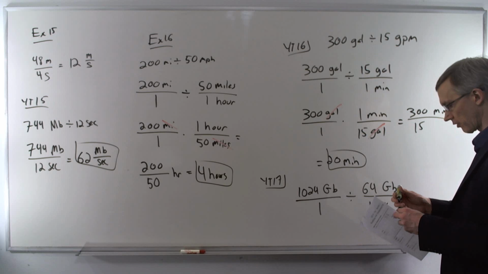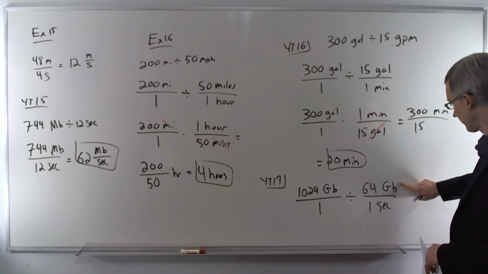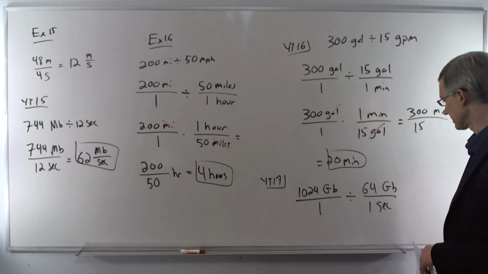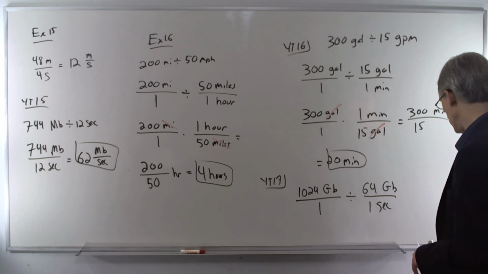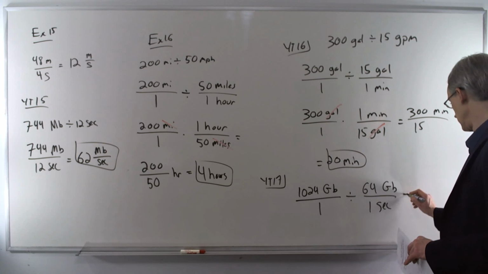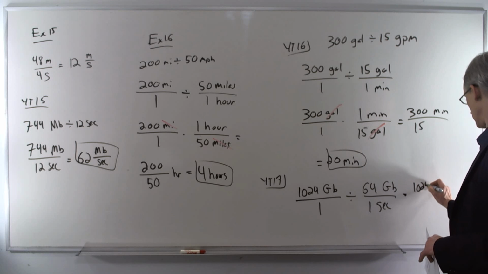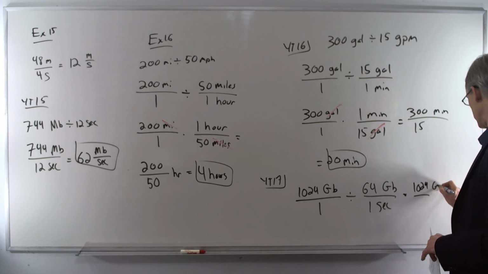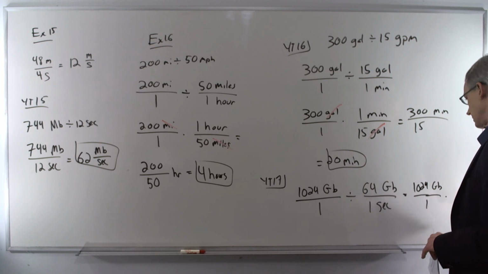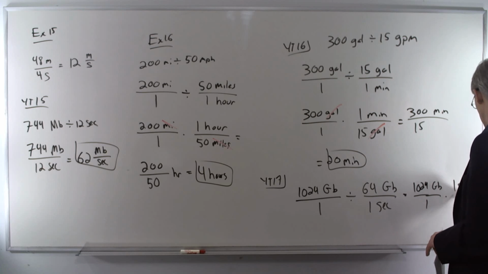So rewriting 64 gigabytes per second as 64 gigabytes divided by seconds. We can now convert this to multiplication. So 1,024 gigabytes times 1 second